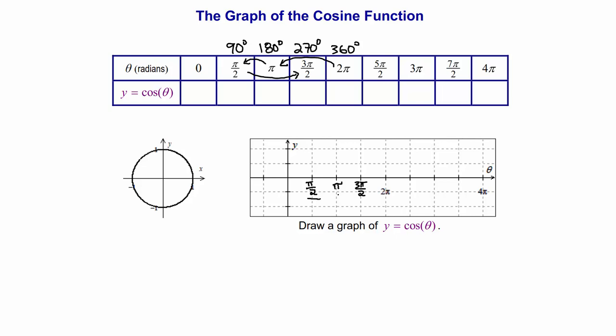We have 1 pi over 2, 2 pi over 2, 3 pi over 2, 4 pi over 2, and we can just continue like this. This will be 5 pi over 2, 6 pi over 2, which reduces as 3 pi, 7 pi over 2, and then 8 pi over 2, which reduces as 4 pi. It's already labeled. And then on the y-axis, we need appropriate output values for the cosine function,